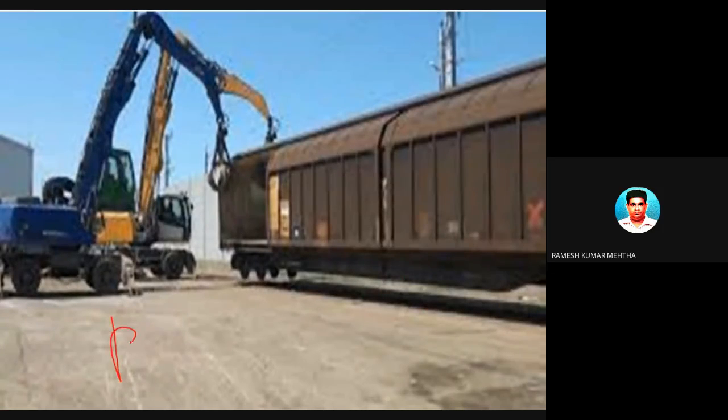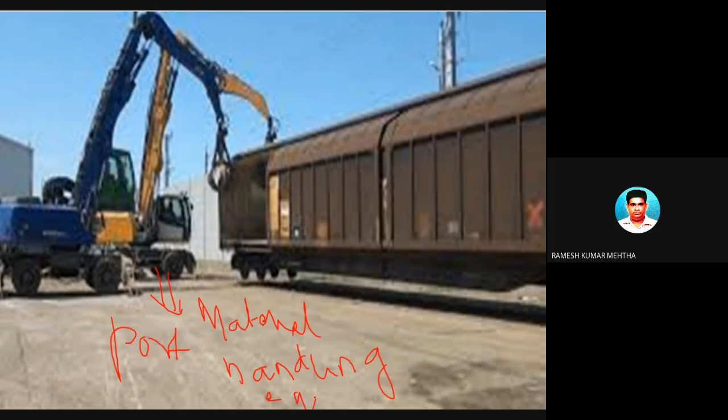So, okay, this one is a port. This is the material handling equipment, and this is the container.